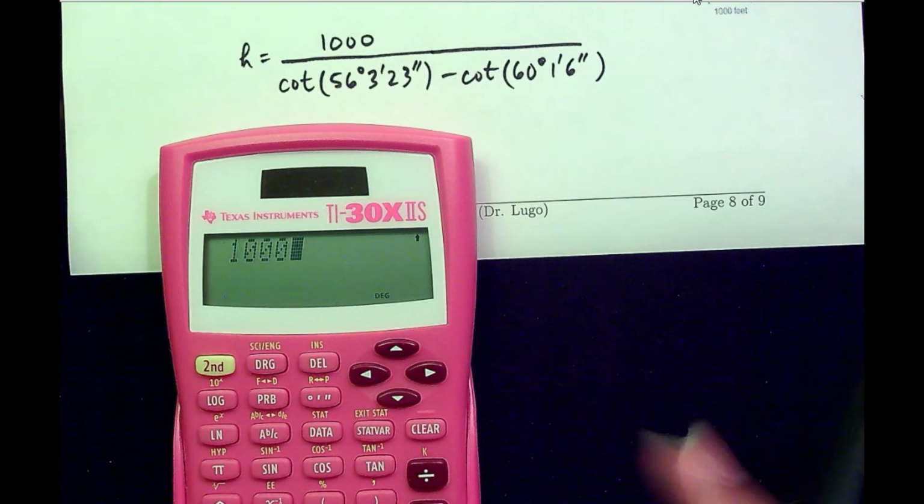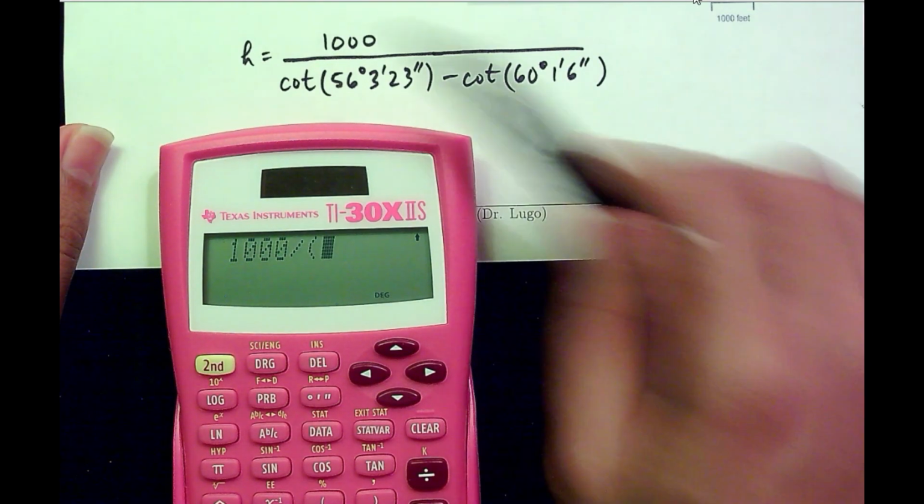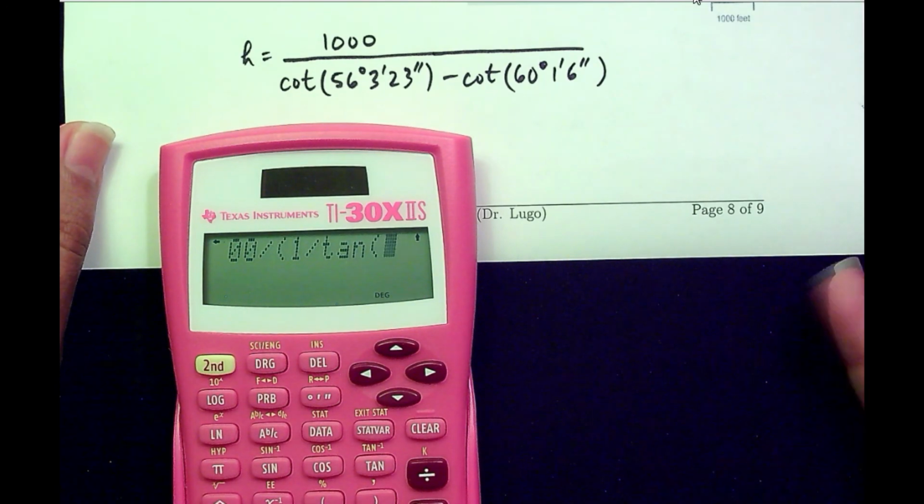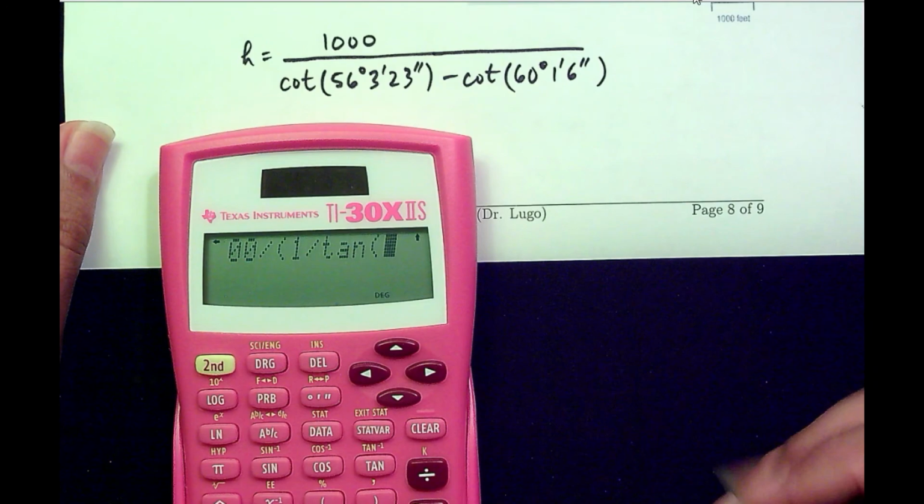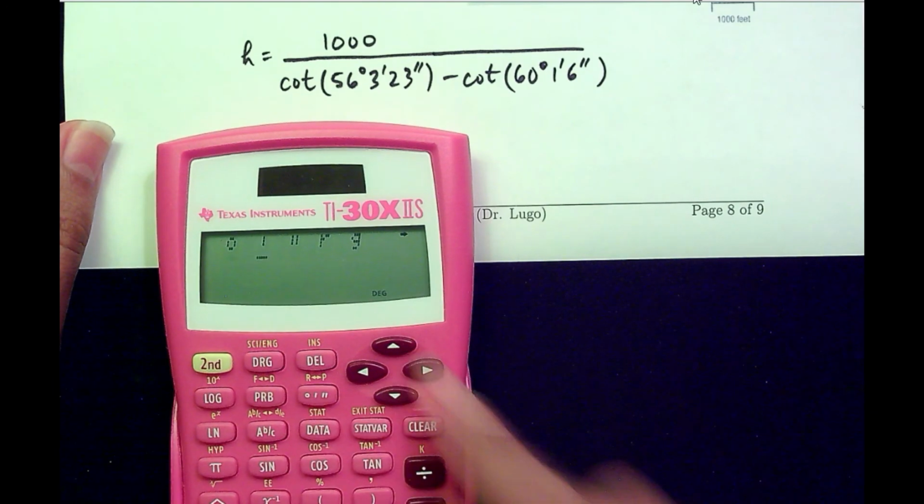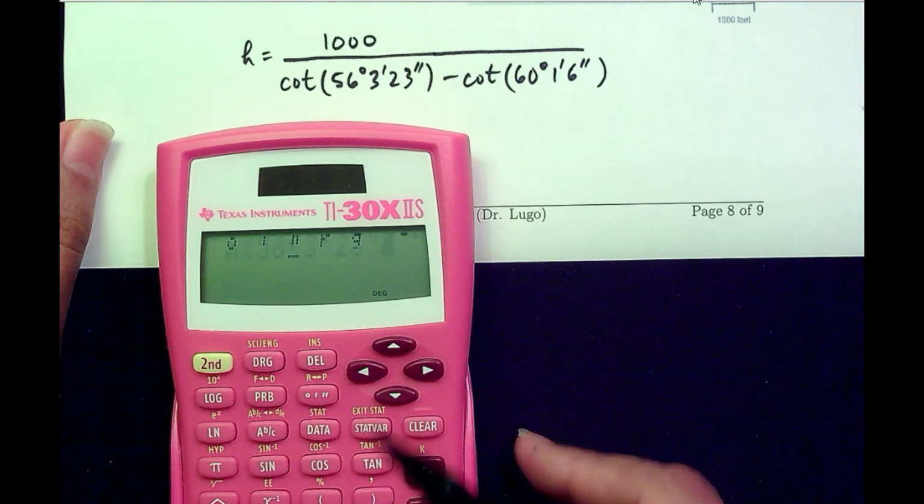So 1,000 divided by, and we have to put parentheses because we have two terms. So we have to put parentheses. And then we're going to enter cotangent. We don't have cotangent. But what is cotangent? Cotangent is just 1 over the tangent. So the cotangent is just 1 over the tangent. And then now let's enter the angle. 56 degrees, 3 minutes, 23 seconds, close parentheses,